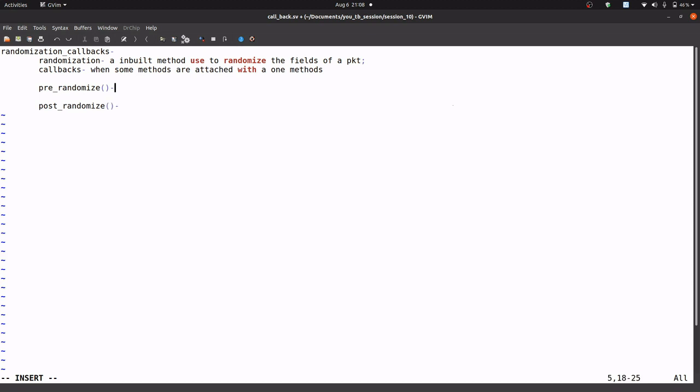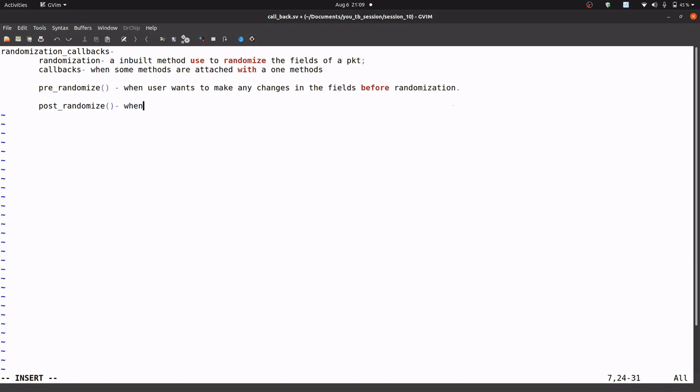So what is the difference between them? When the user wants to make any changes in the fields before randomization, it is called pre-randomization.